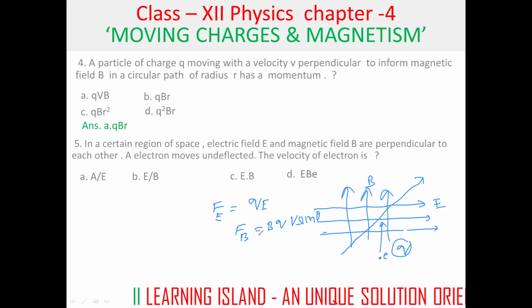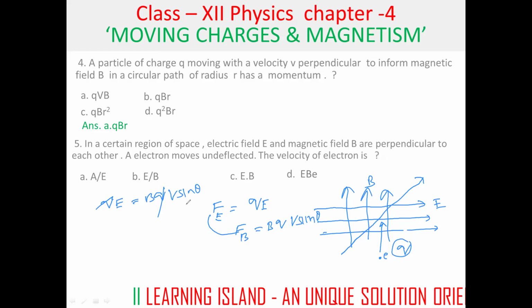So here, if these two are equal, that's why it is not getting any net force. So if F equal to FB, then we can write qE equal to qvB sin theta. Here q gets cancelled by q. Okay. And the angle between them is